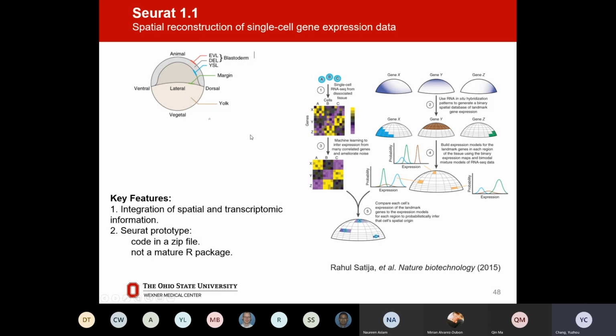Along with this paper, Satija, as the first author, developed a pipeline. It's the first version of Seurat, but it's not major. It's a prototype. It's not a major package because all the code is compressed in a zip file, and this zip file was uploaded as the supplementary of the figure. So it's not a mature R package. So to Seurat